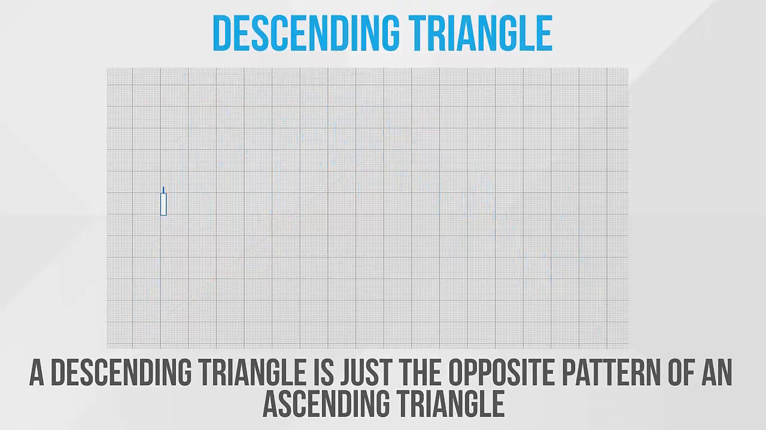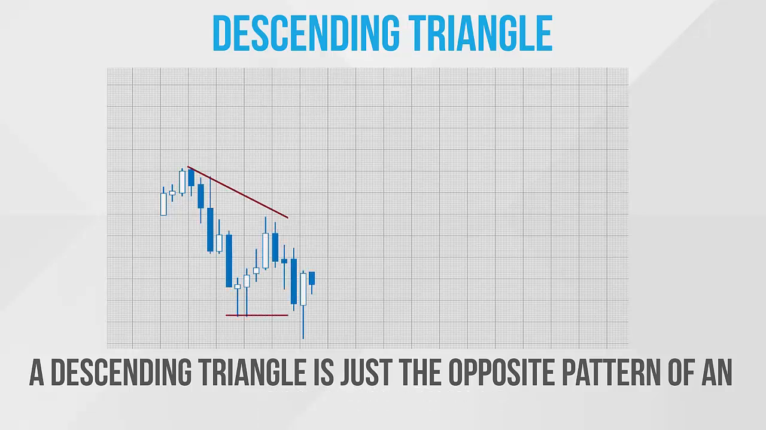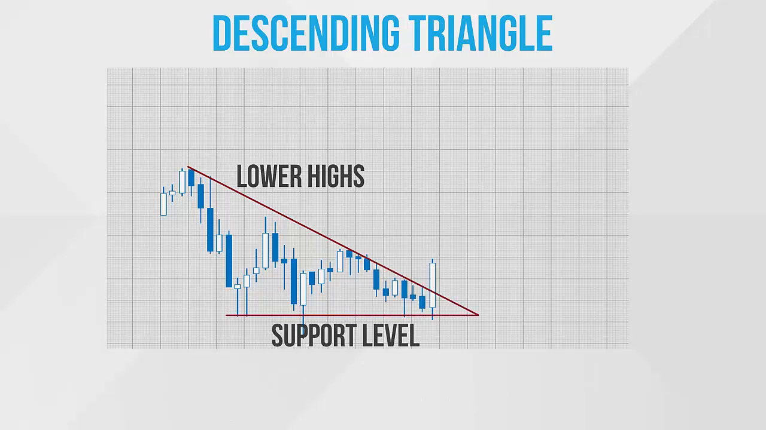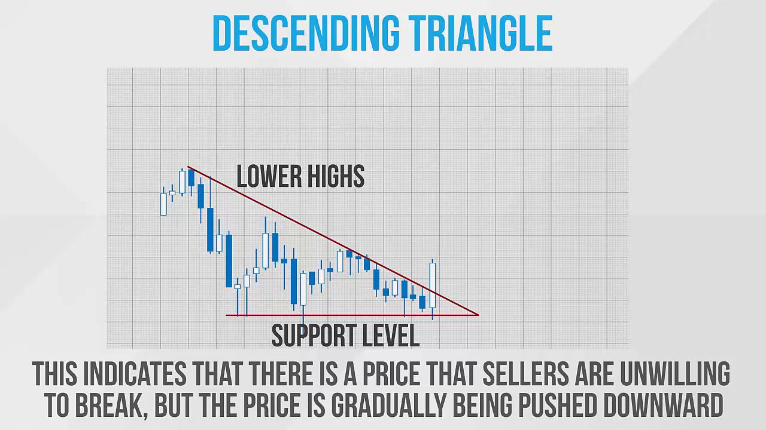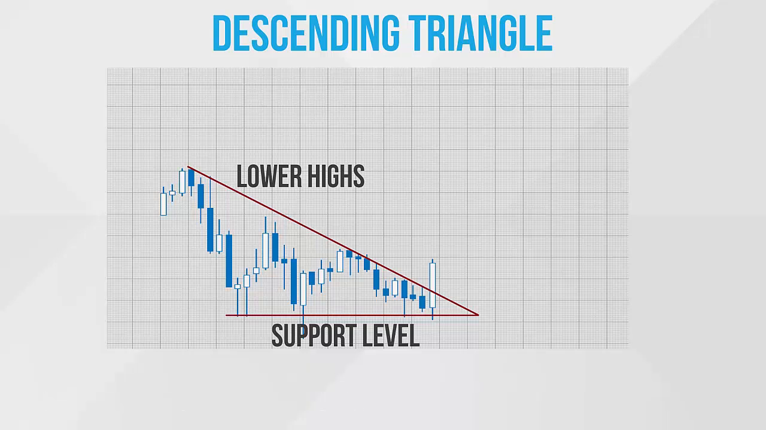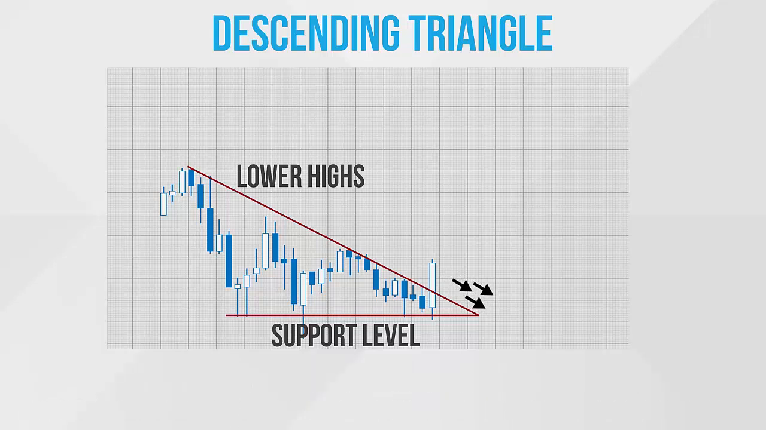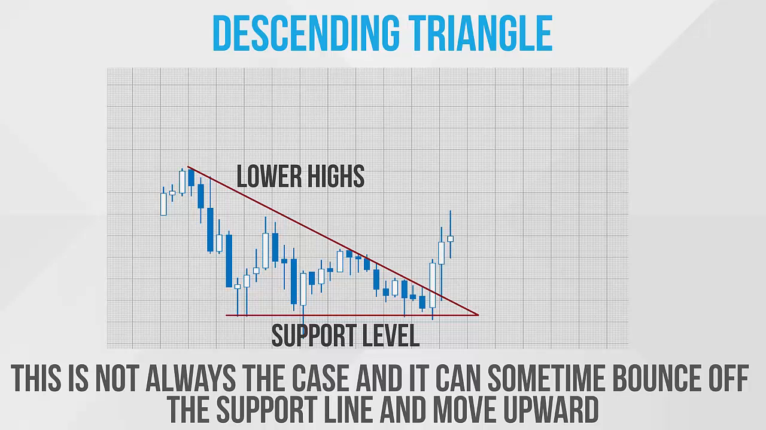A descending triangle is just the opposite pattern of an ascending triangle. There is a slope of lows and a support level that meet together at a point. This indicates that there is a price that sellers are unwilling to break, but the price is gradually being pushed downward. Most of the time, the price will eventually break out and continue to move down. Keep in mind though that this is not always the case, and it can sometimes bounce off the support line